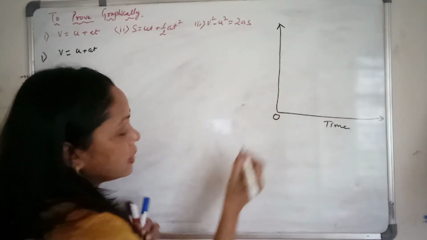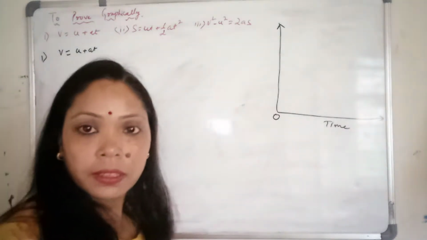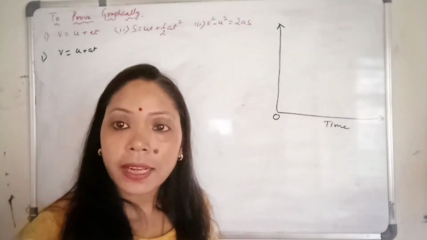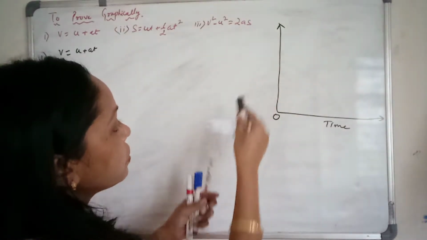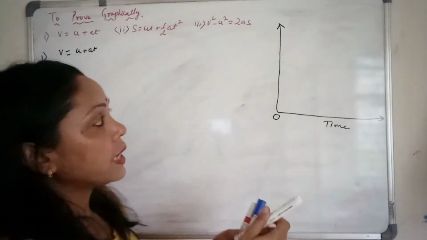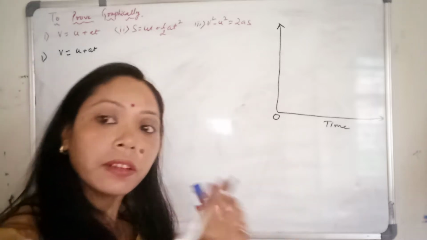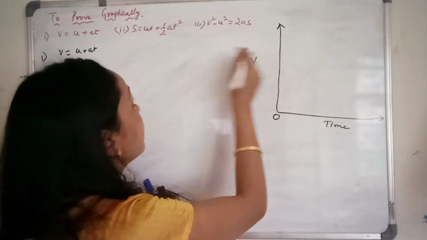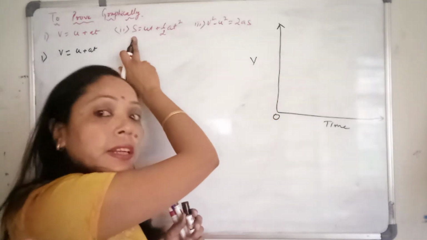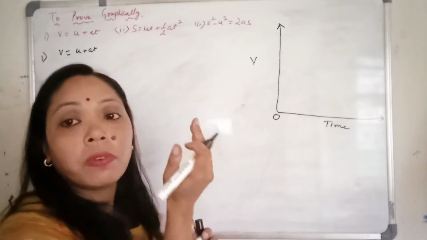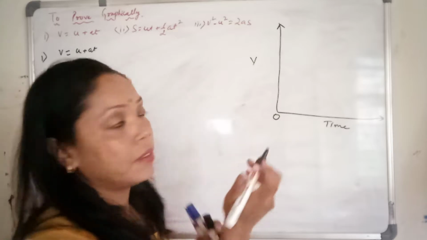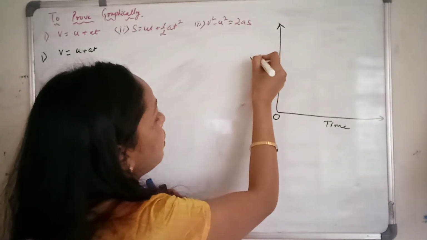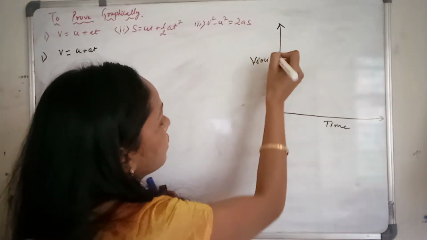This is the time axis. Yes, all of you remember. This x-axis is what? X-axis represents time. Very good. Now next one will be your y-axis. You have to take velocity, okay? Because we need to find the distance also. And distance we will get from where? From the velocity time graph. So this one will be your velocity.